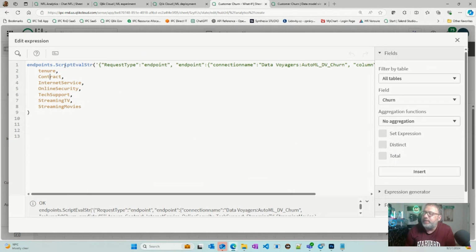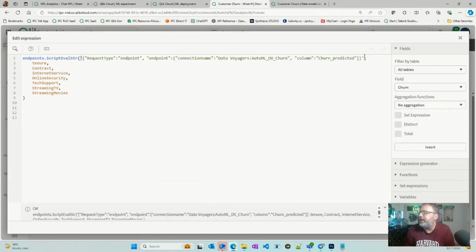Now, what we have here, scriptEvalStr, then you start with a single quote, and then you end that line with the single quote. And this is the whole first parameter. Then you do a comma, and then you add as many fields as needed. Now, inside the single quotes, you're going to open curly brackets and close curly brackets. This is a JSON format, so basically formatting a JSON here. Now, inside this first curly bracket, you have variable, colon, value of the variable. And this is the format.